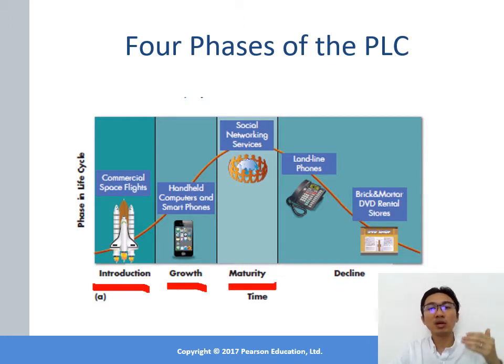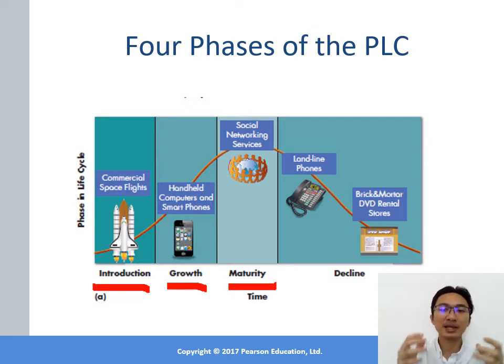This is normally the longest stage in the PLC for many products. During this stage, you will see growth in sales until it reaches maximum sales before they slowly decline. Although the product earns its highest profit level early in this stage, increased competition will eventually force price cutting. Towards the end, sales start to fall. And then the product will move to the next phase, the last phase, which is